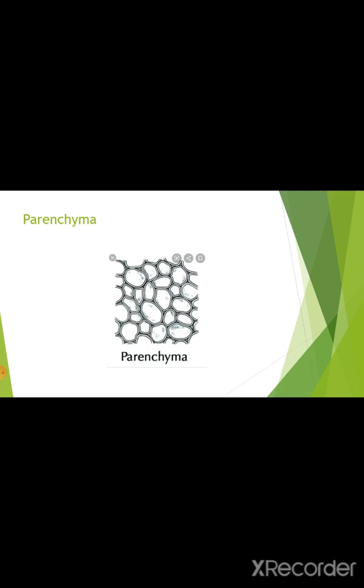Parenchyma. Parenchyma is made up of thin-walled cells. The cells may be spherical or oval in shape. Intercellular spaces are present. A large vacuole and a nucleus are present in the cytoplasm. Location of parenchyma. It is found in almost all the parts of the plant, like the stem, root, leaf, flower, and fruit. It is present in the soft parts like the pulp of the fruit.